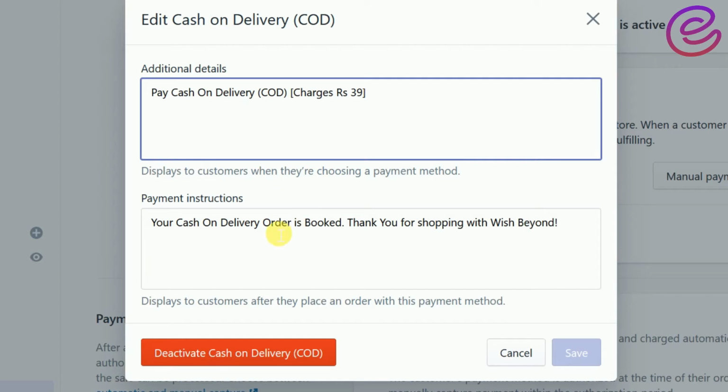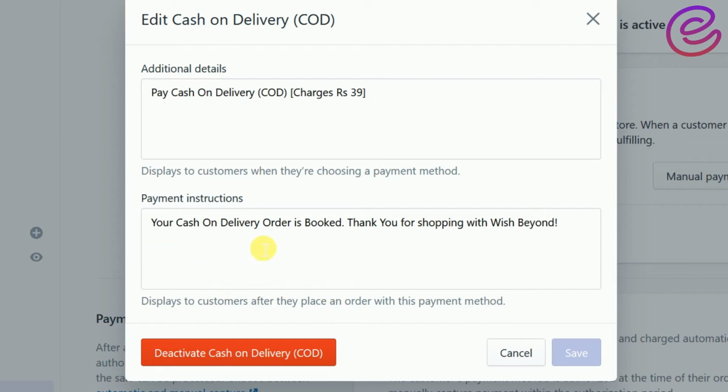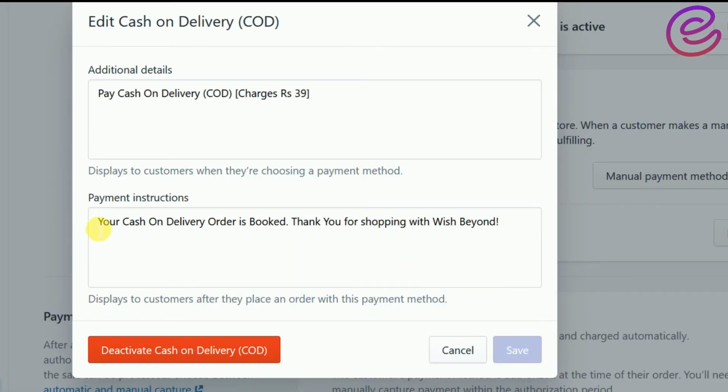In the payment instructions, you can write something like this: your cash on delivery is booked. Thank you for shopping with your store name. This message will be shown to your customers once they place the order on cash on delivery. So make sure to add something in the instructions like this. Now let's save these settings here and move on to the next step.